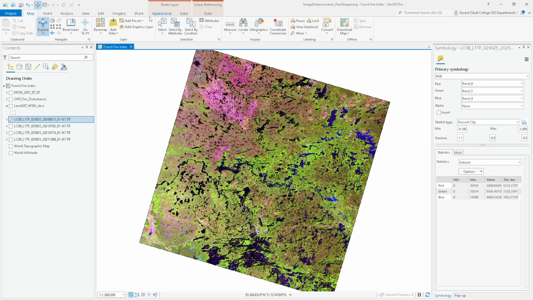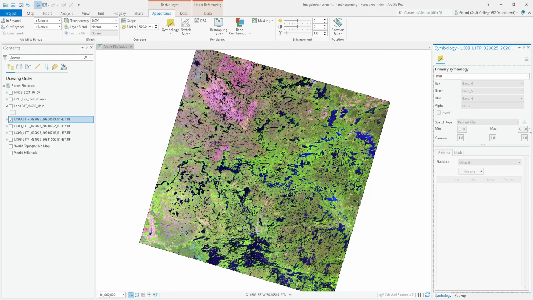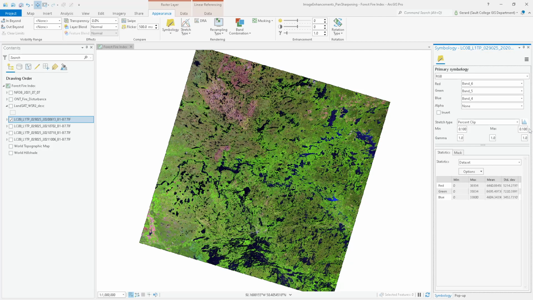Let's start by just evening out the gamma. I'm going to put the gamma at 1 all the way across. See how quickly I was able to do it by using the ribbon interface? A little bit easier to do it that way. And maybe I can just check my percent clip. That's not bad. When just looking at this raw, I'm saying I need less green. And maybe I'll bring the blue up a little bit. Just playing around with gamma. And the red,